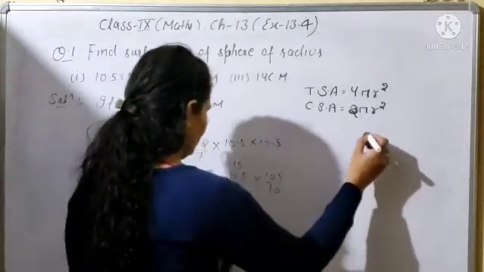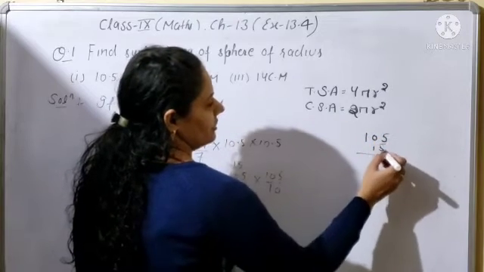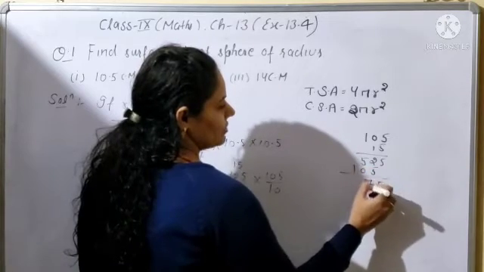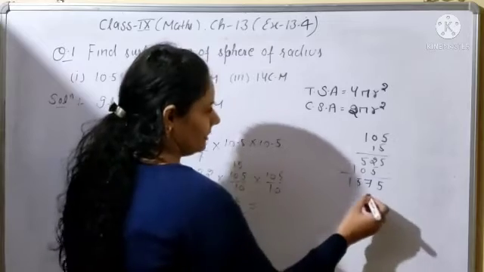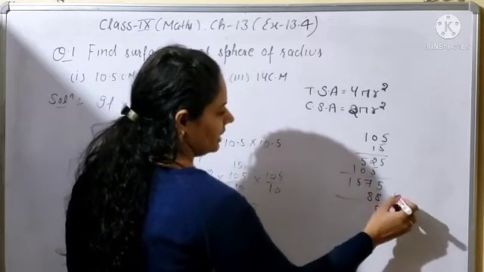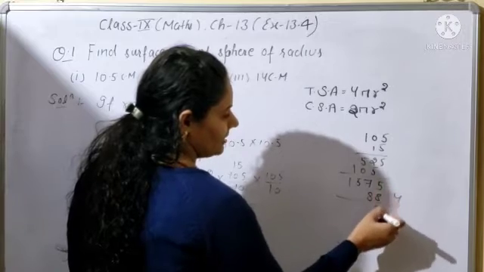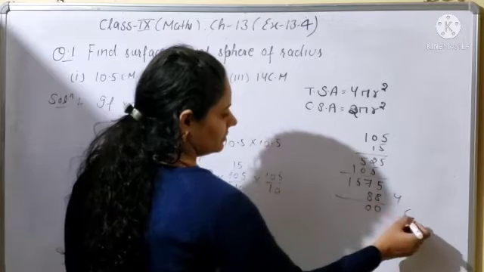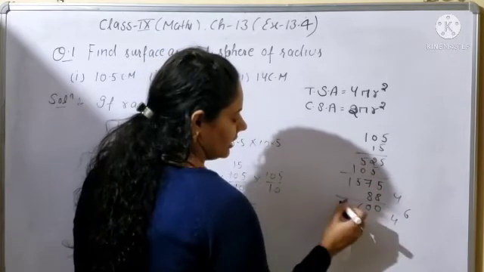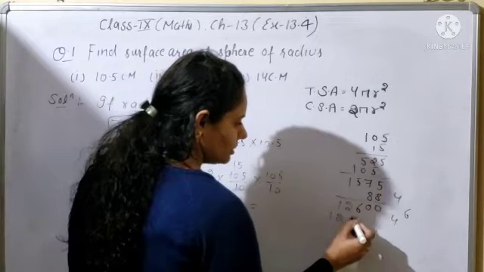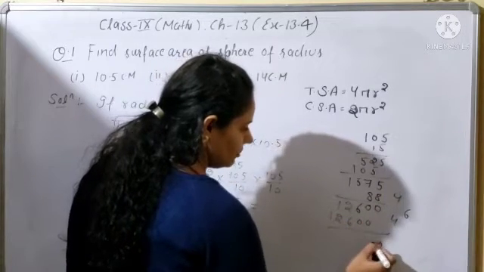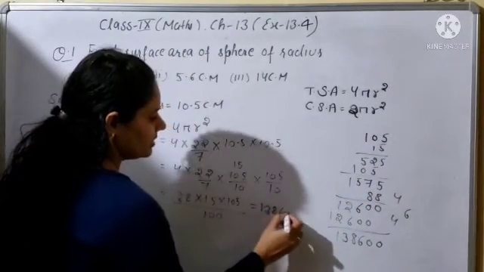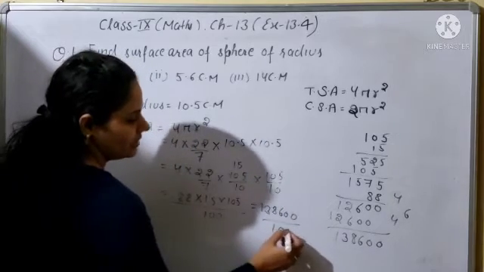So what will be that? You can multiply 105 and 15. So 5 fives are 25, 5 ones are 5, and 105. So 5 plus 2 is 7, 5 and 1. Now you will multiply it by 88. So 8 fives are 40, 0 and 4, 8 sevens are 56 or 60, 6 and 12. So it will be 12600. So 0 0 6 8 3 and 1. So it will be 13860, and divide by what is given, 100. So you will divide it by 100.